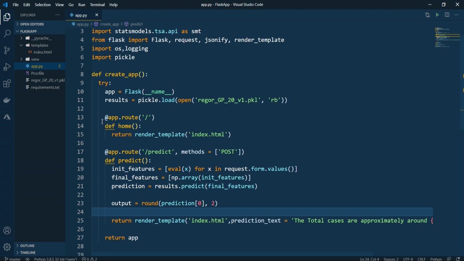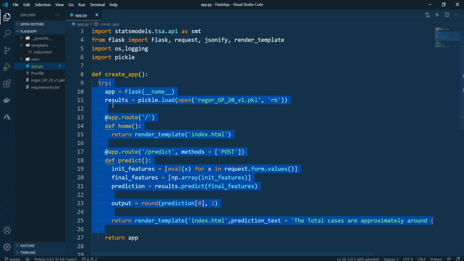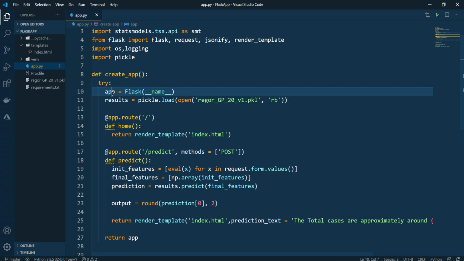After this, what I do is I want to return this app. So this return app is for this particular function. You can imagine this entire thing that I have, till here, will perform one particular operation: it will go to the index page, take the values, and predict the total number of cases. Then that I'm storing into app. So this app now needs to be returned. Why? Because it is there inside this function. So for that I have return app.